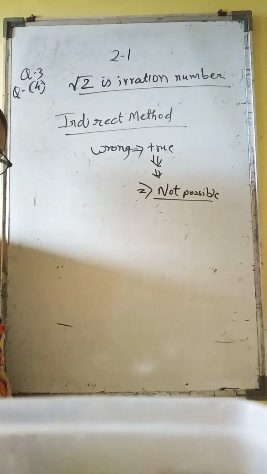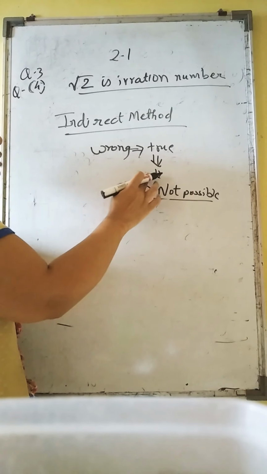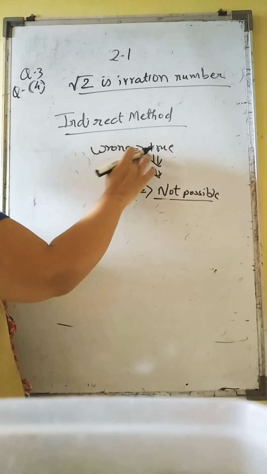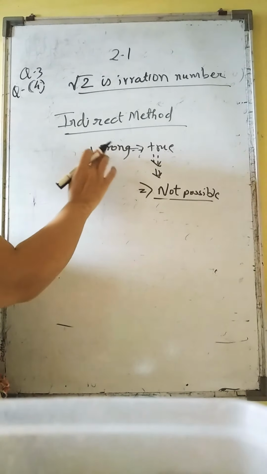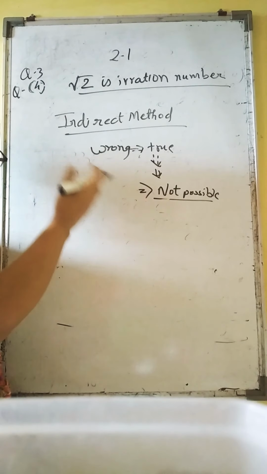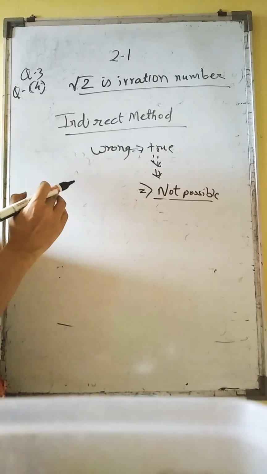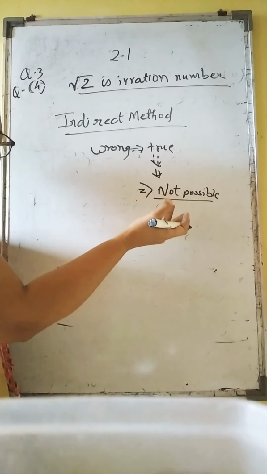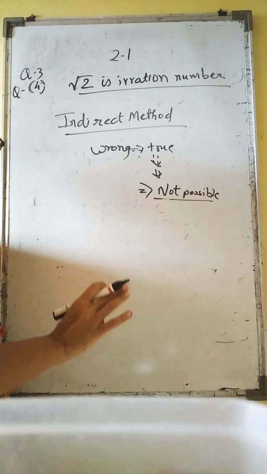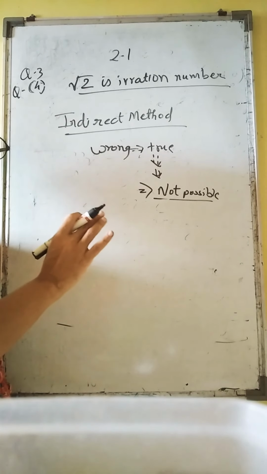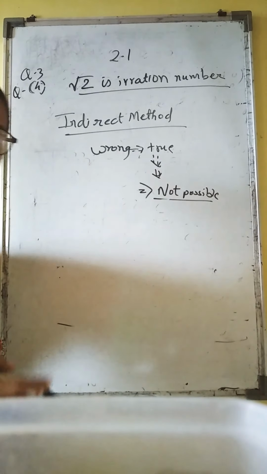Oh my, what happened? It means this is not possible, means whatever thing is not possible. So this statement which is true is not possible. So whatever we have assumed is wrong. So indirect proof means you assume the wrong thing and you come to the wrong conclusion. And when you will come to wrong conclusion, you will say we come to this wrong conclusion because of our wrong assumption. That's the method.